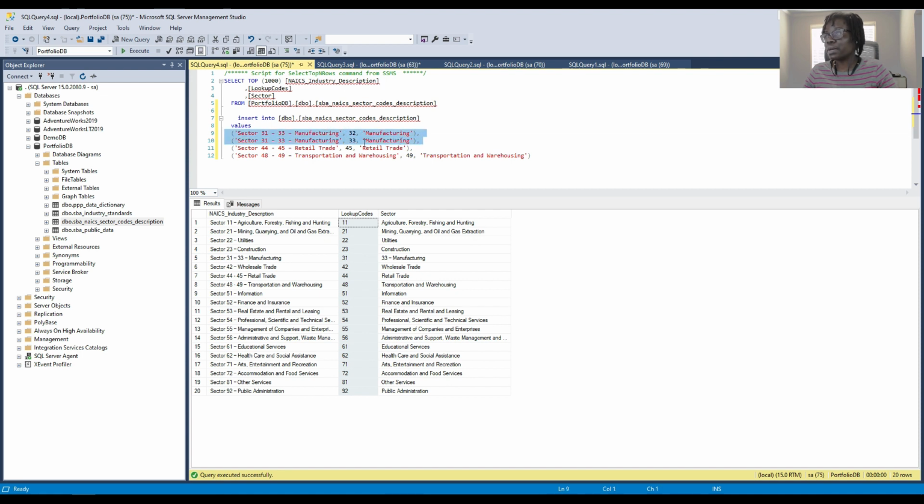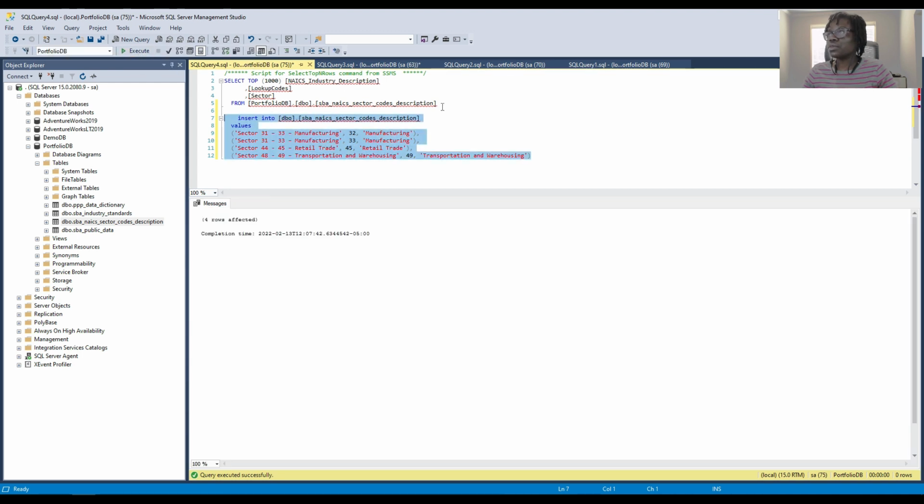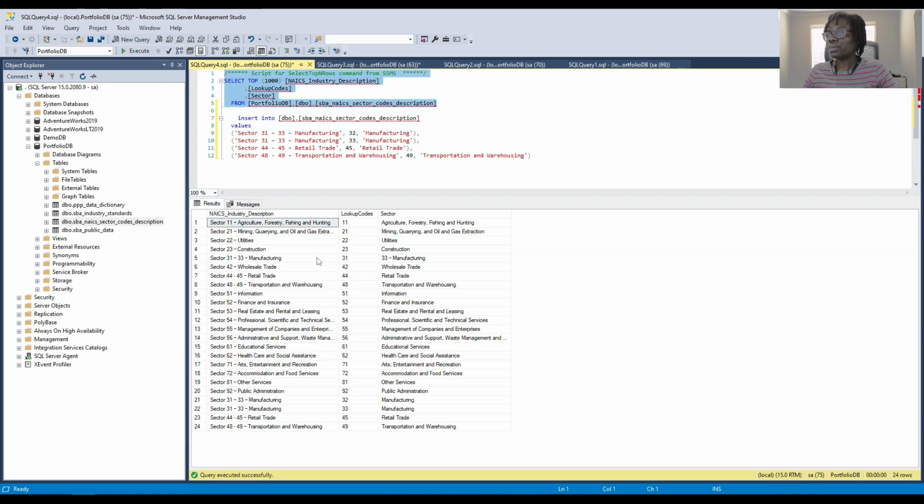Repeat the same thing, but this time change the lookup to 33 here. And the same thing for retail, trade, and transportation and warehousing. So run this insert. 4 rows. Now I expect to have 24 because we used to have 20. It's looking good. Okay, I think our cleaning process is, no, well,